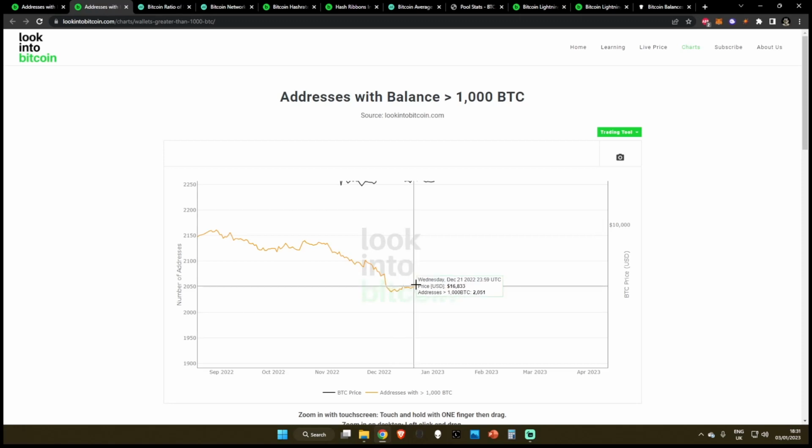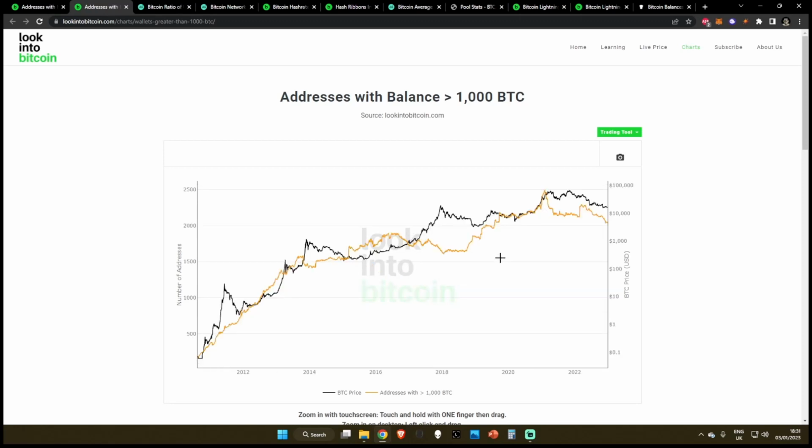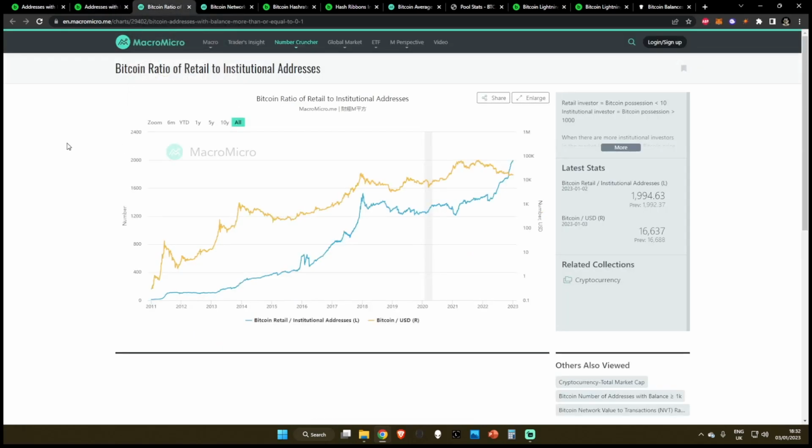like we talked about in the last video, this was going to start rounding down and breaking further to the downside. So while a lot of retail traders are celebrating a $100, $200 pump over in the BTC USD price, whales are starting to sell every single time we have a little bounce to the upside,